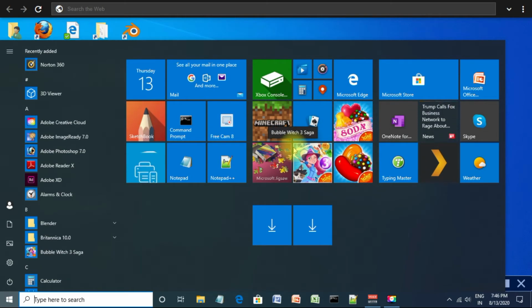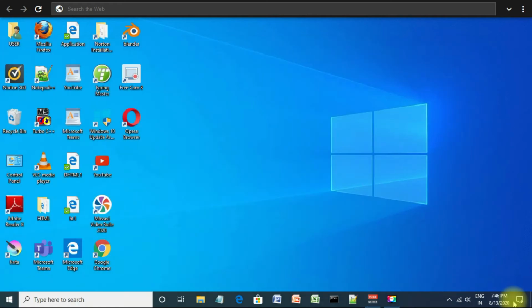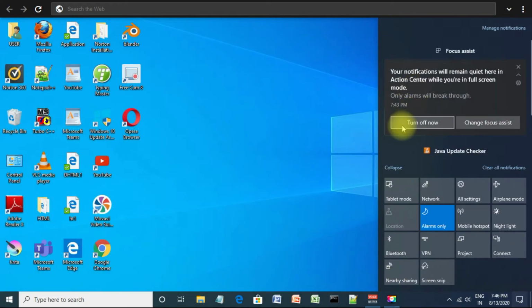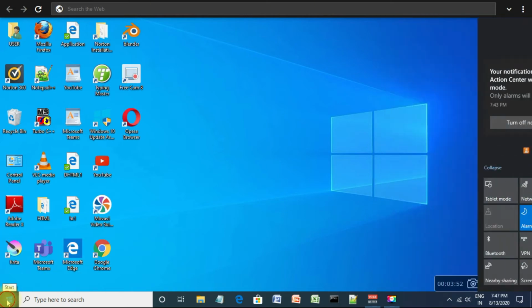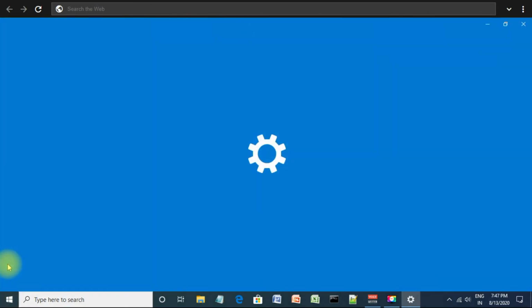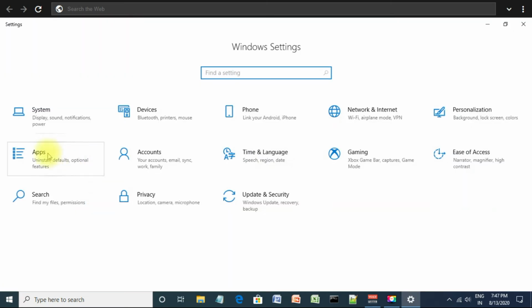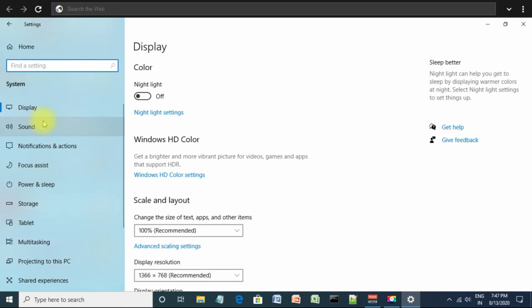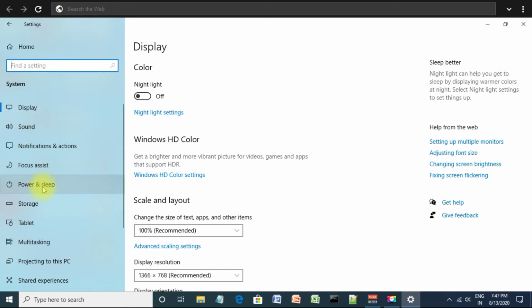The second method is if you are not able to find tablet mode here, how do you switch to tablet mode? So I will show you. I just go to this Windows place and click on the settings part, and you will see the options known as system, display, sound, notifications and power. Click on this place, and somewhere at the bottom you will find tablet mode given here. Click on it.